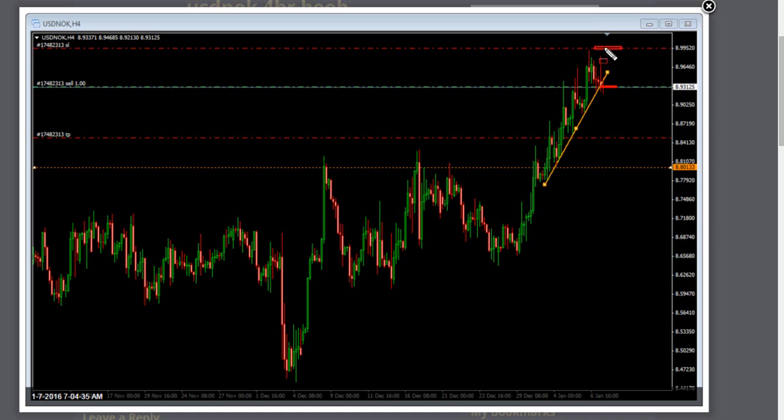Now, the reason you see my stop a little bit higher here, guys, is the USD Norwegian has a little bit of a higher spread. You have to be aware of that. Again, this might be a little advanced for some of you, but I break it down in the tutorial section. You have to understand bid-ask dynamics, how they play into your trading. You're going to sell on the bid. You're going to buy back on the ask. So if I'm selling here on the bid, there's a floating ask price that's always going to be here. So I just want to be cautious, right? This is how I get my position size.